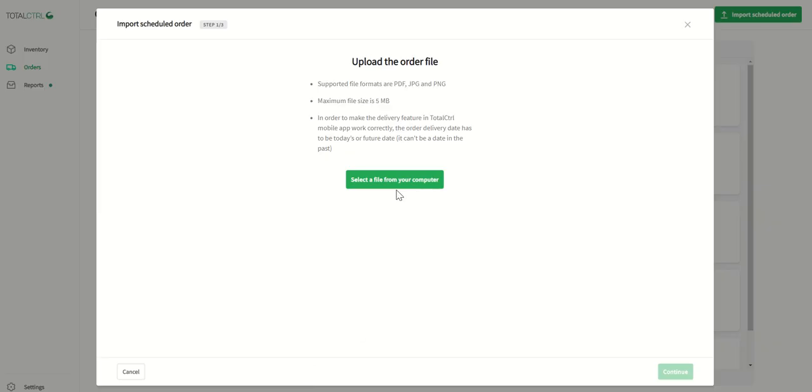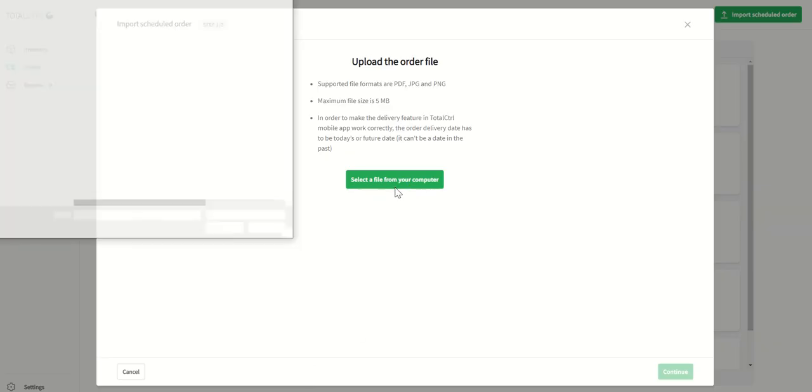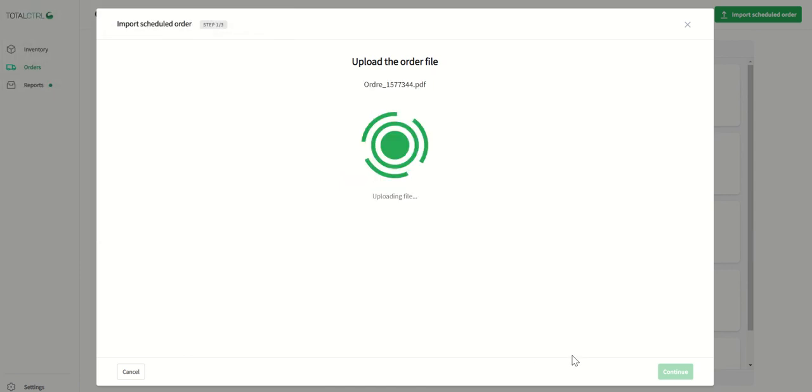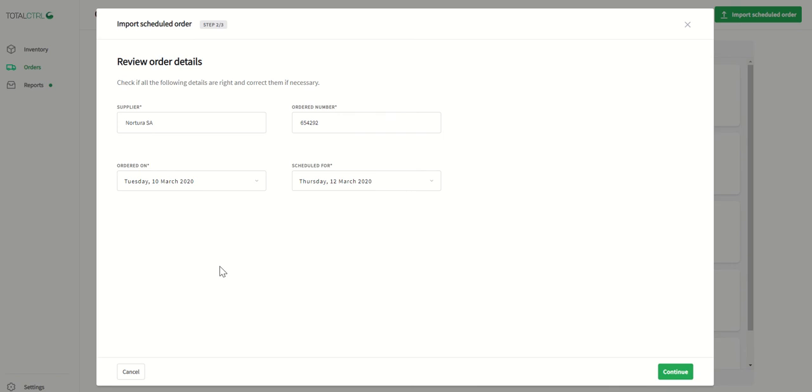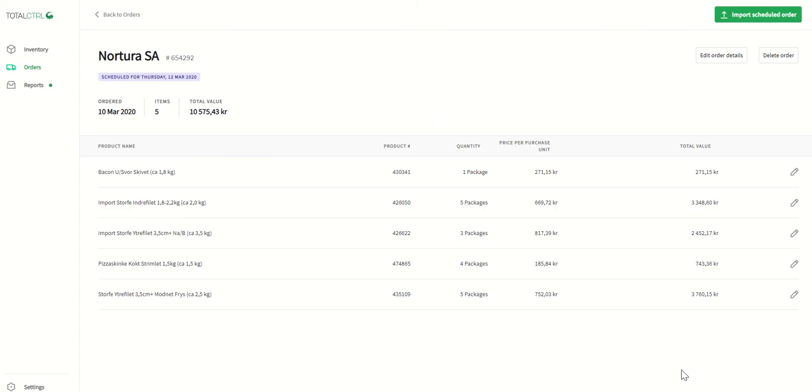Press one of them and then select the order note that you've received from your supplier. Simply import it and control that you have the right information. The main information to think about here is the day and the date of delivery, correct? If that's the case, move on, and voila, all of the information that you have on the order note is